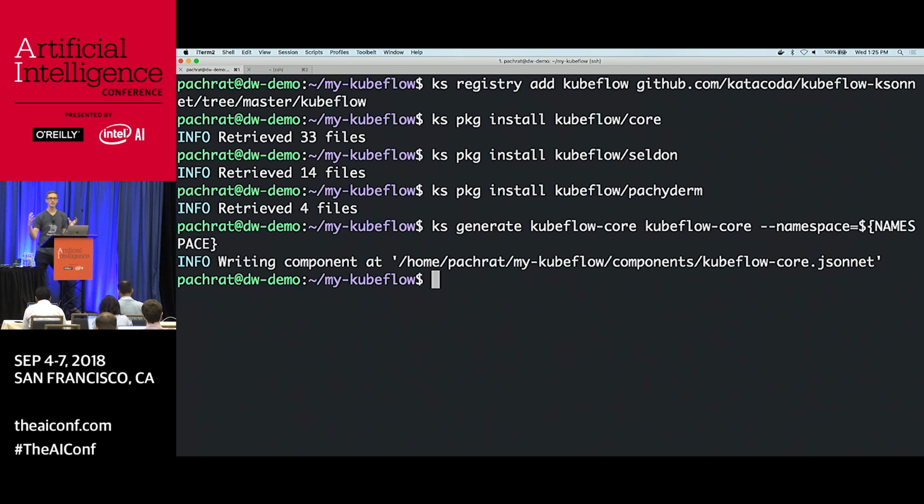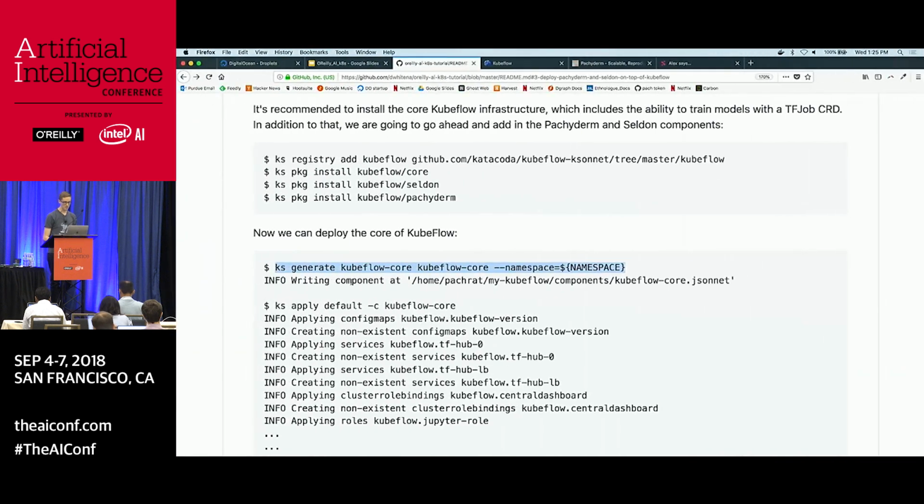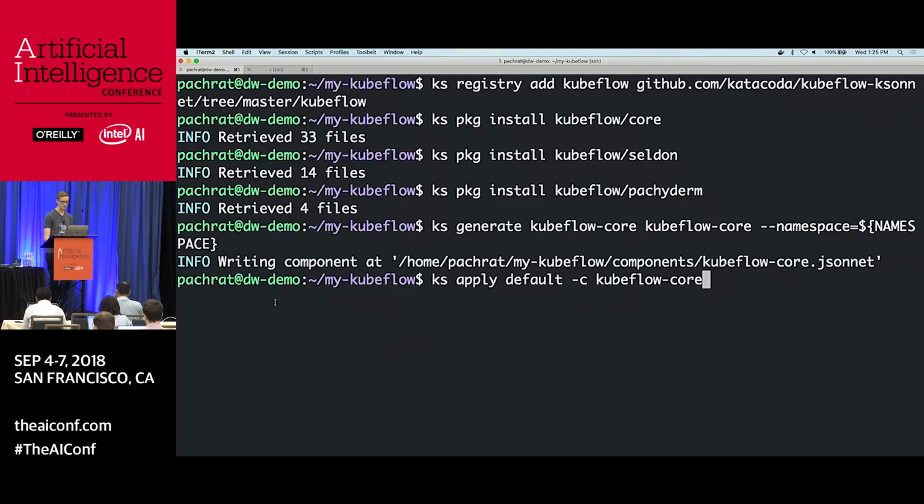If you want to think about it, this is just taking a general template and making it specific for our cluster. And then we're going to take that template that we've made and deploy it to Kubernetes with this ksapply. So ksapply,